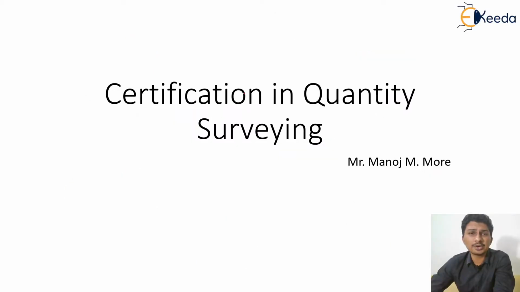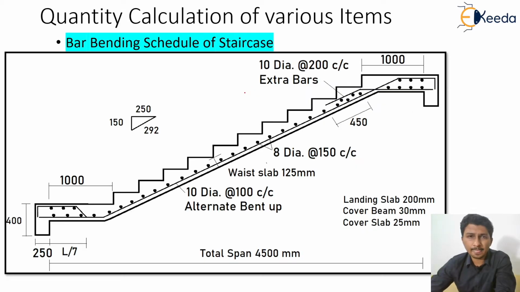That is the last component of the reinforcement we have, and in this I just want to give you another simple small project itself, so that you can work out the reinforcement of the staircase on your own. I've given all the details, I just want you to go through it and calculate them very properly. I'll be explaining all the drawings and all the details required to calculate the reinforcement. You just need to use Pythagoras and the similarity of triangle theorem. These are the only two things you are going to need to calculate the staircase reinforcement properly. So let us go through it.